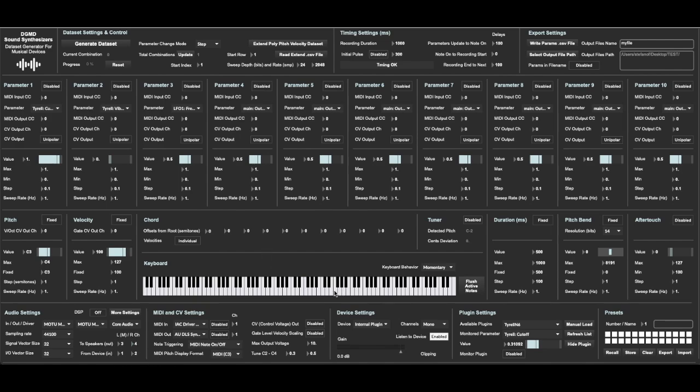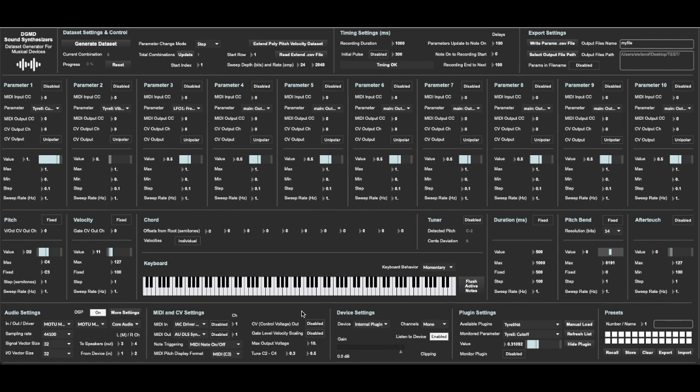And here we have an on-screen keyboard that we can use to trigger notes. As you can see, the values here of pitch and velocity are updated, but nothing is happening because DSP is off. And now we can hear something going on. At this stage, it can also be handy to use an external MIDI keyboard